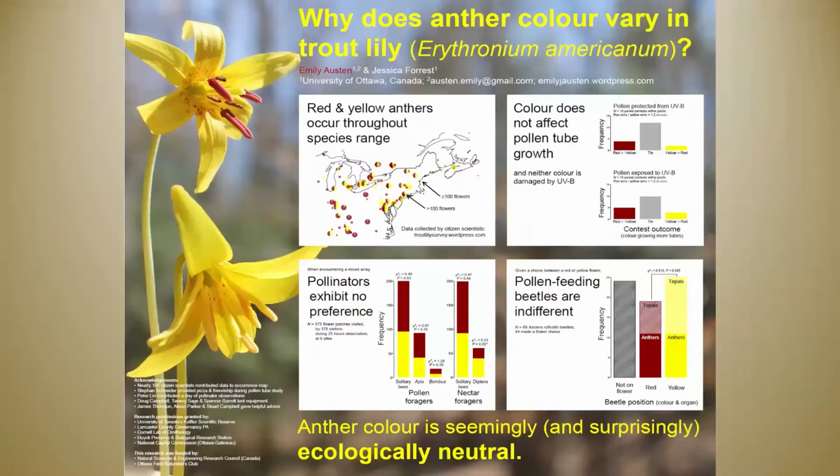So, you know, include: the title of my research presentation is Why Does Anther Color Vary in Trout Lily? And the name of that flower in the Latin designation is Erythronium americanum. And there are 4 major findings of this. The first major finding you can see in the upper left-hand corner is... And you can see with that map of the northeast portion of the United States, and then some more explanatory information. The next finding I want to discuss is in the upper right-hand corner, that color does not